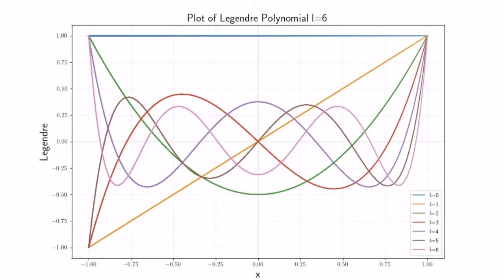You can see that they also have various roots, or oscillatory functions. As you increase L, you get higher and higher frequencies. That is the same way as we have seen in the sine and cos functions. The one difference between sine and cos and here is that the roots of sine and cos come at regular intervals. Here the roots need not come at regular intervals. They can come on their own.